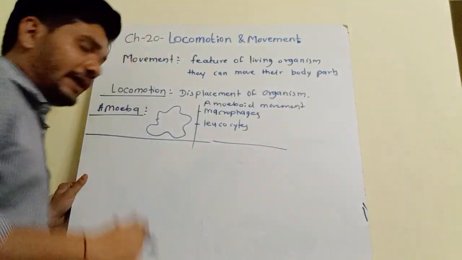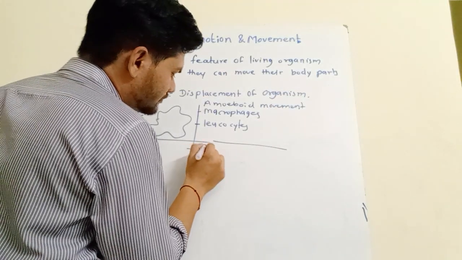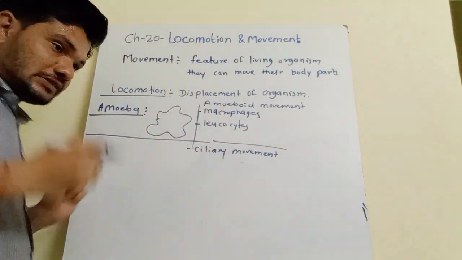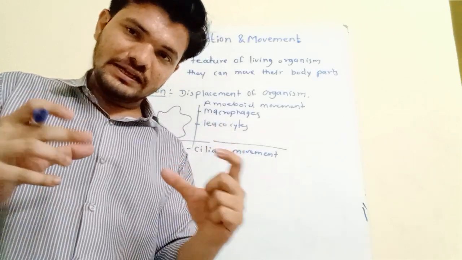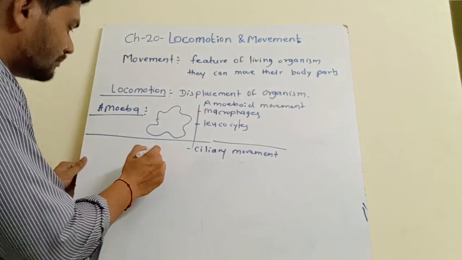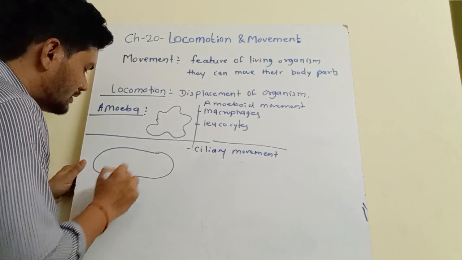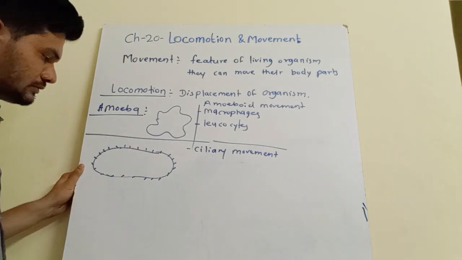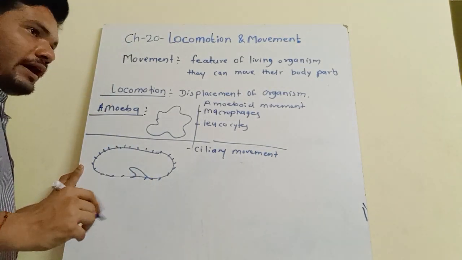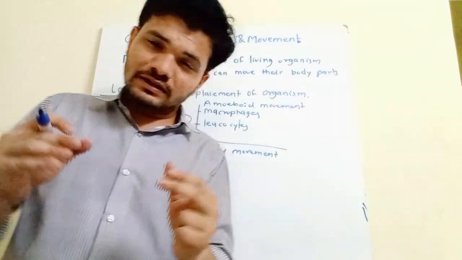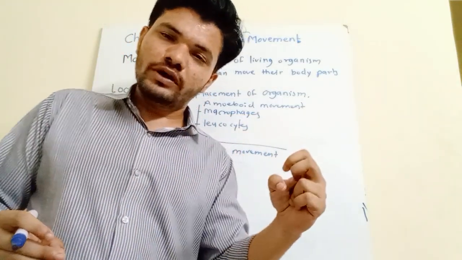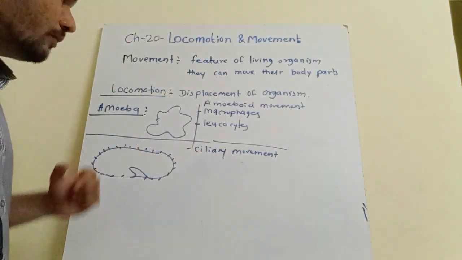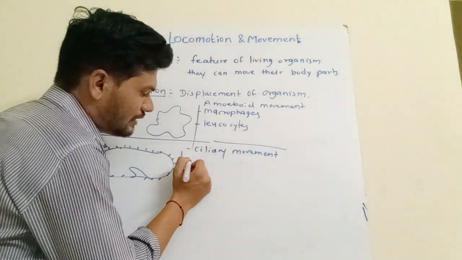Then there is the second type of movement, that is ciliary movement. Some organisms have cilia, small hair-like structures, so that they can move their cell or move the food inside the cell. They will have a cytopharynx, and with the help of cilia, they will move the food so that it goes into the cytopharynx and inside the organism. So this is ciliary movement. It can be done by some organisms like paramecium,